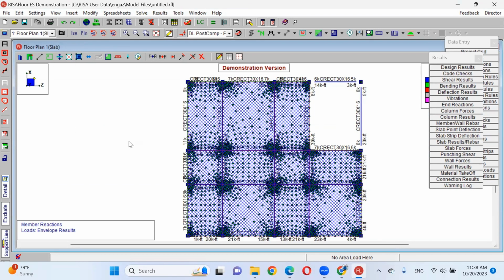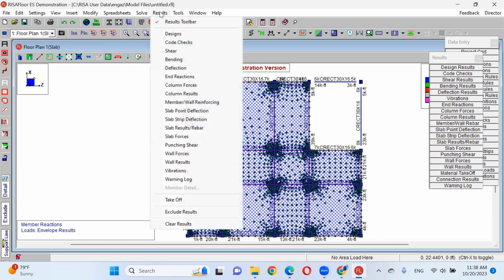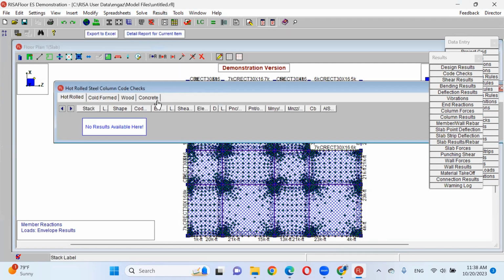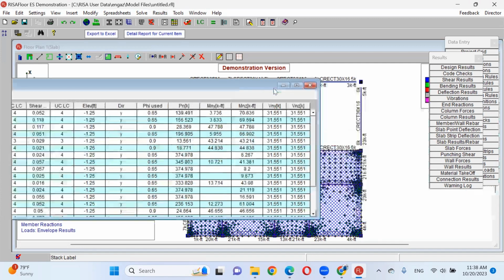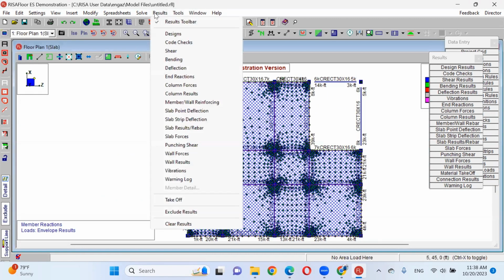I don't care about anything related to the slab or beam. I will focus on columns. So keep in your mind, if you open the results, we have here column results. Actually, this is not the required results.